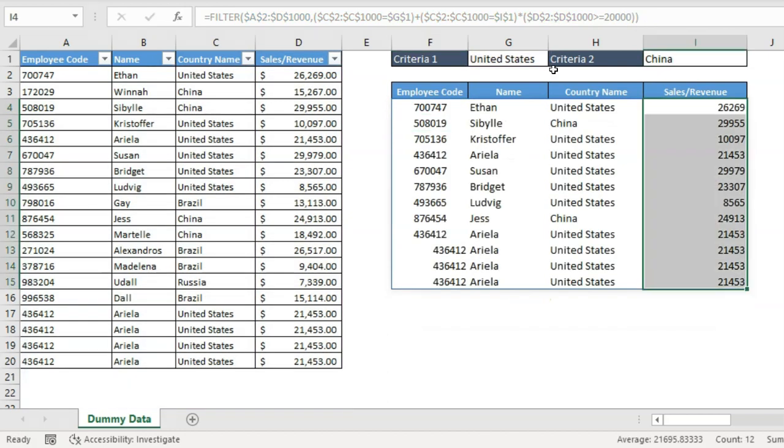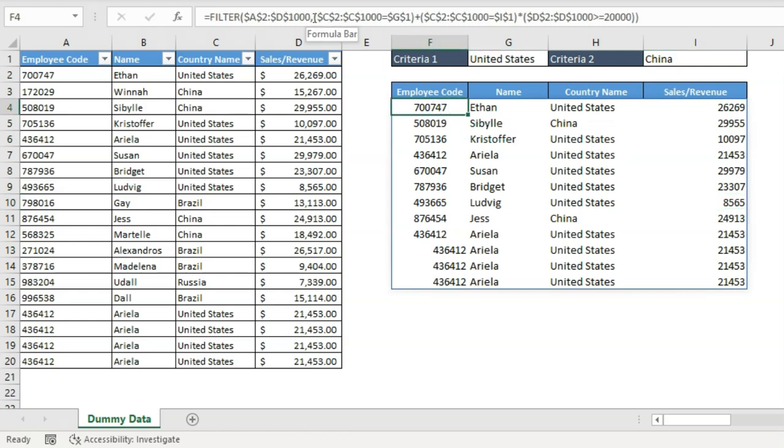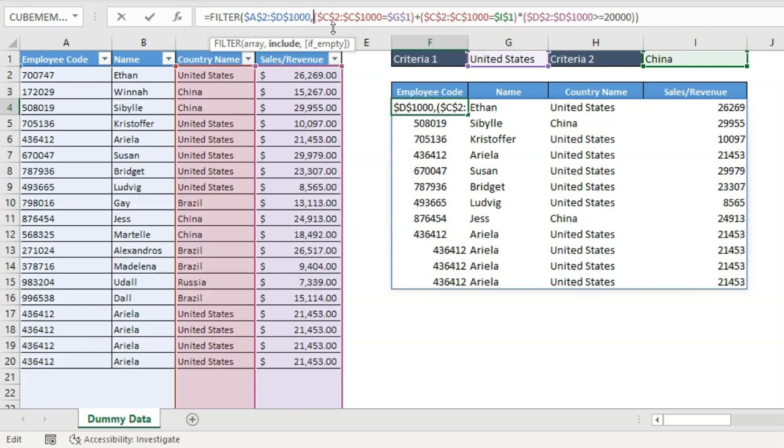Let me press enter. Now we can see all the values which are more than 20,000 got pulled, but here we can see some values which are below 20,000. Here you can see for the United States, and one is for the United States here also. So what we need to do here, we need to fix one more thing, like we need to put bracket here again, and we need to put bracket here again. So these conditions should be true with this condition. So what we are saying, this is one condition and then this is the one condition.